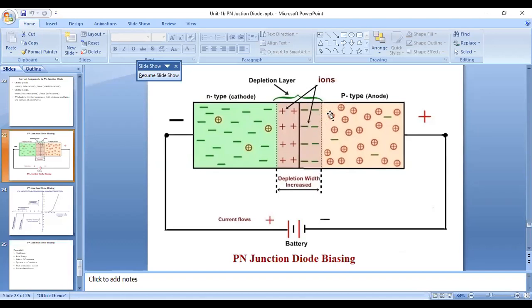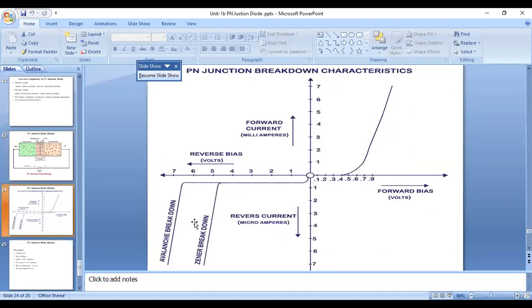Due to this minority carrier current flow, I am going to obtain two types of breakdowns. Zener breakdown is mainly because of the applied voltage, let it be 4.5 volts. Across this 4.5 volts, I obtain a constant flow of current in the reverse direction, that is Zener breakdown. Beyond that 4.5 volts, up to some point, let it be 6.5 volts, mainly because of carrier multiplication, I obtain avalanche breakdown here, along with the reverse saturation current.